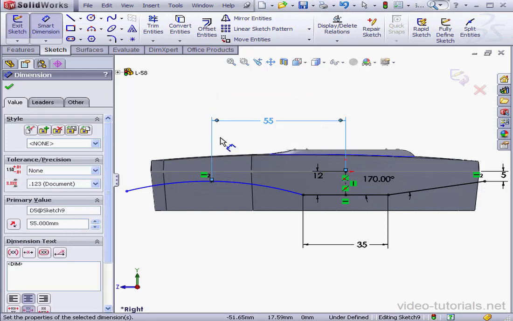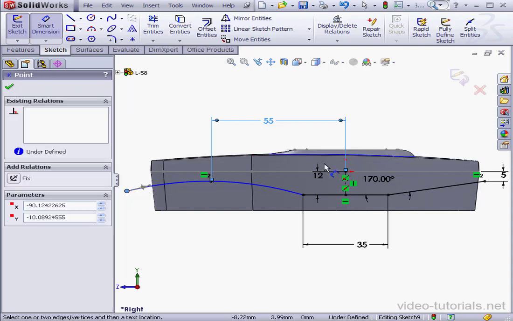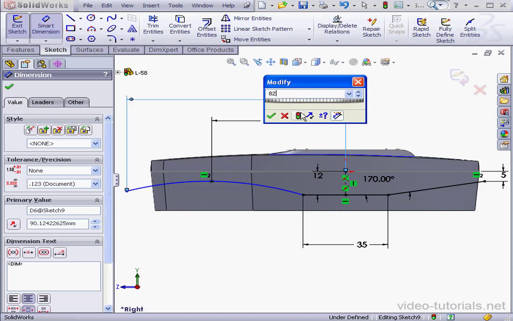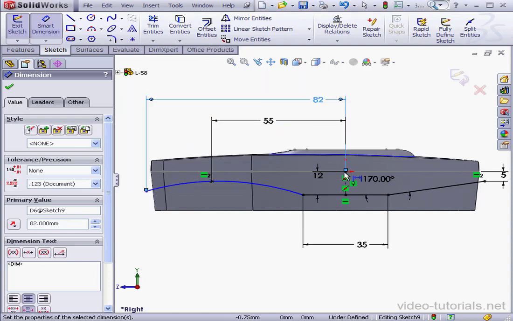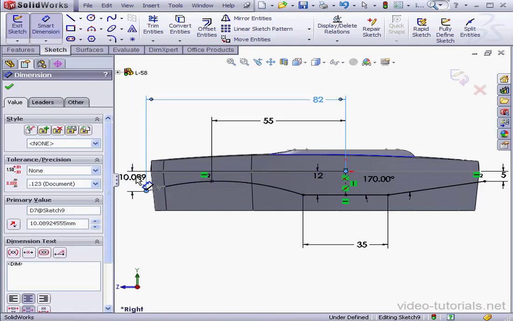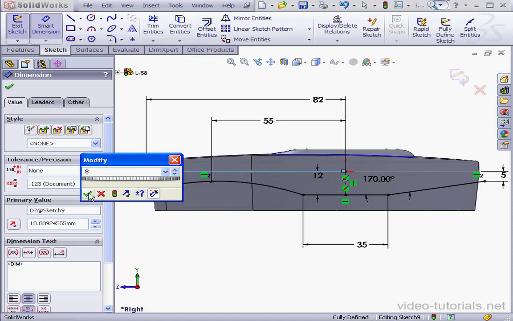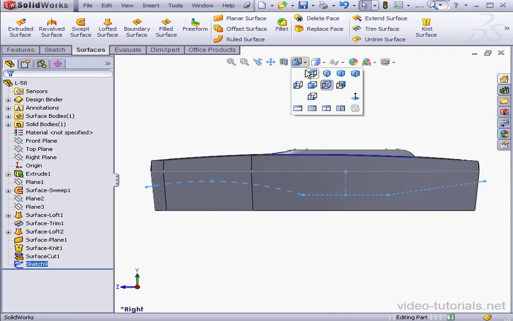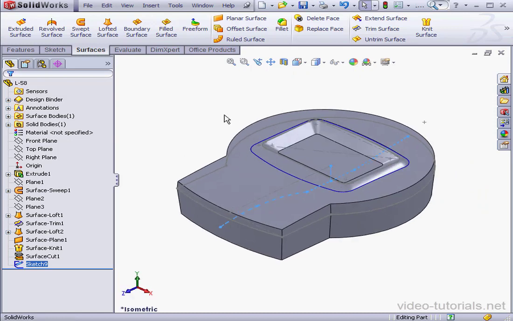55 millimeters, accept. And here 82 millimeters. Accept. The last dimension will be 8 millimeters. Accept. And our sketch is fully defined at this point, so let's exit, take an isometric view, activate the Extruded